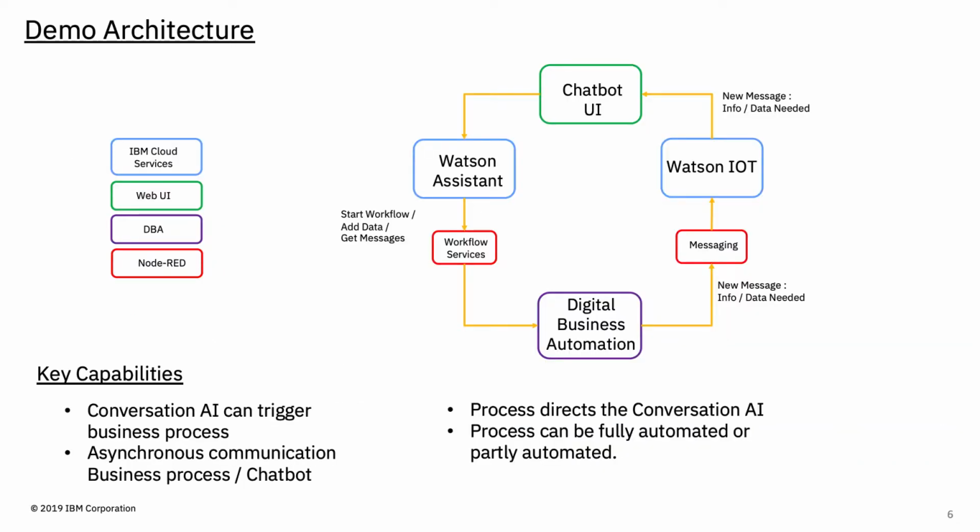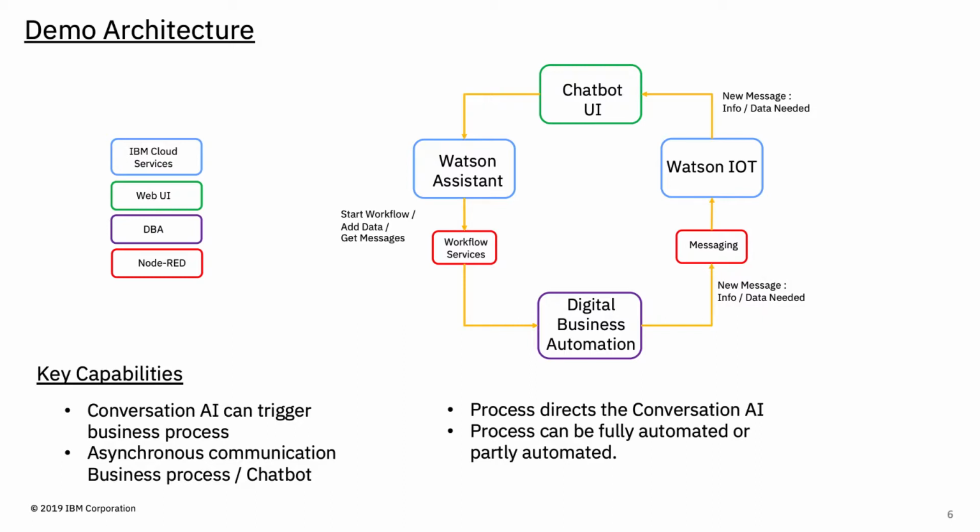So this is the architecture of the demo we're about to see. We have our chatbot UI that's able to interact with Watson Assistant just like a first-gen chatbot. And like a second-gen chatbot, we're able to use webhooks from Watson Assistant to trigger a process to start. Now, these webhooks sit at the end of a dialogue branch and allow Watson Assistant to trigger an API when it gets there and pass some information, some context from the conversation into the process. So this is kind of Gen 2 architecture.